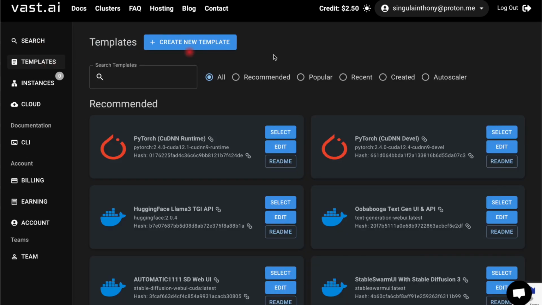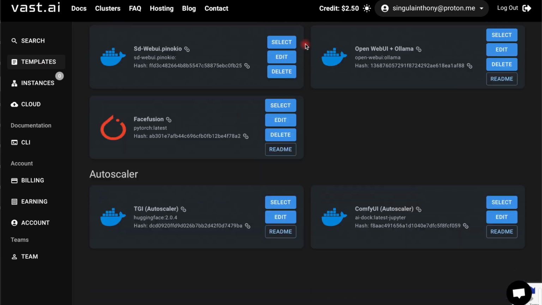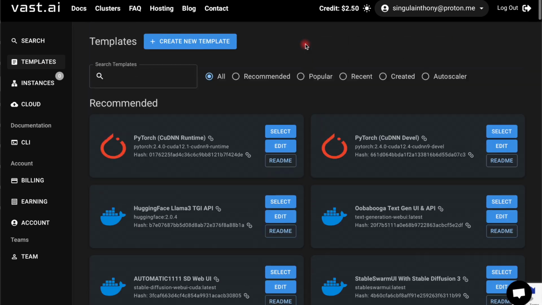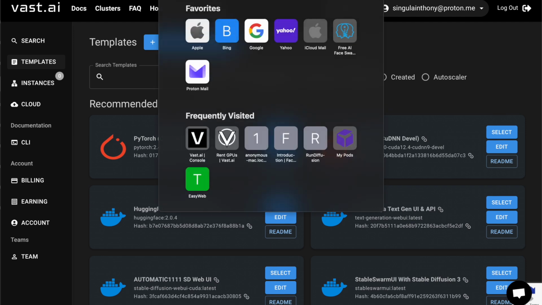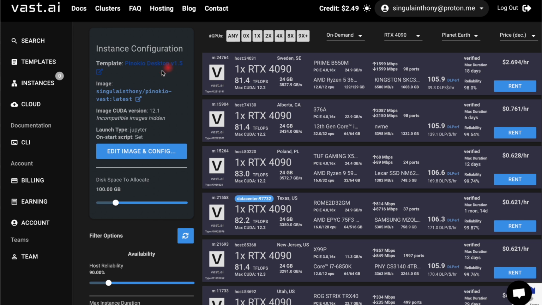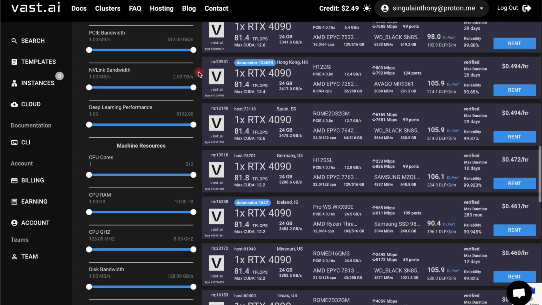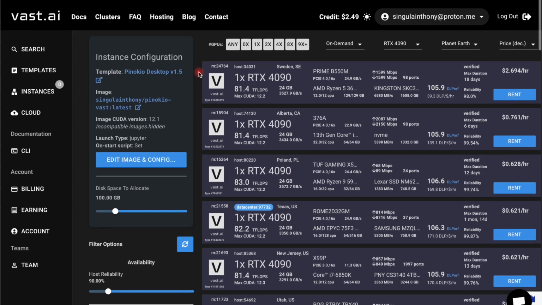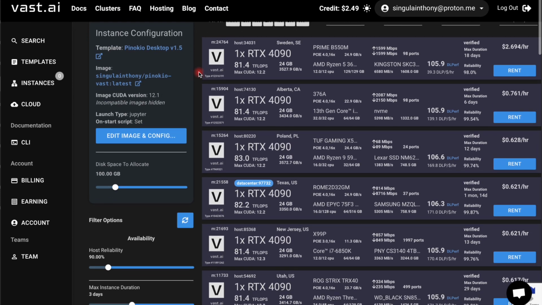But you're going to want to use a template first. So there's a hell of a lot of templates here. It's going to be hard to search for the one you want to use. So click the link below where I say my template, which will bring you to my template, which is the Pinokio desktop version 1.5. So once you're here, you can obviously try and explore which computers work best for you,